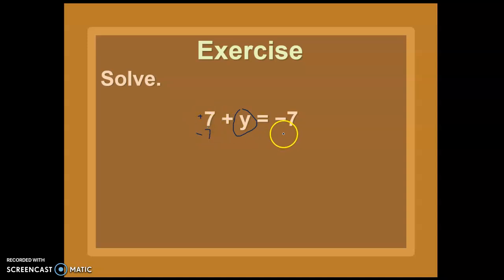Whatever I do to one side, I need to do to the other because it tells me that this is equal. So I need to treat both sides equally to keep them equal. Once I've done that, +7 and -7, those zero out. So I'm left with just a y. And on the right-hand side, I'm combining a -7 and another -7. I'm combining two numbers with the same sign. Well, I remember when they have the same sign, I add them and keep the sign. -7 and -7 is -14. Or if I'm thinking left and right, if I go on my number line left 7 and left 7 more,